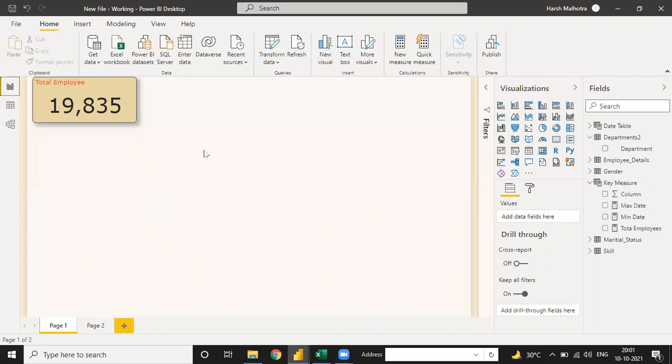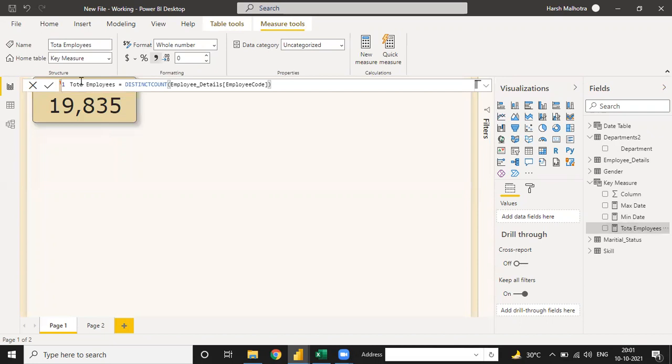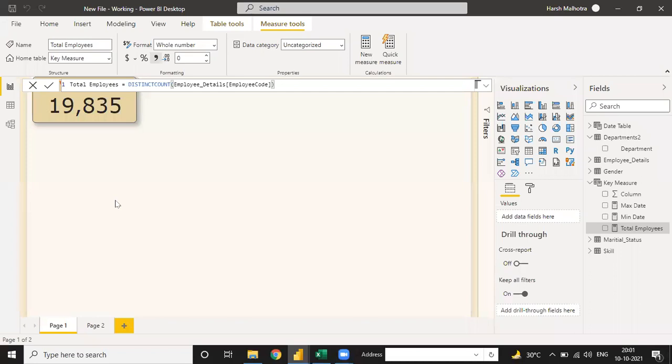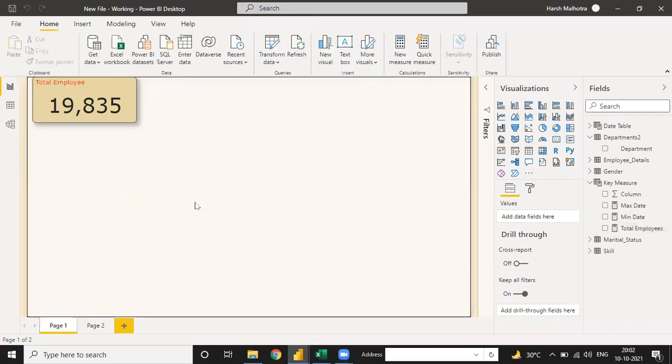Okay, sure. So yesterday I created the first function, total employee. In our data, we have a total employee of 19835. Now we are going to calculate total female. In this employee data, we have a gender.